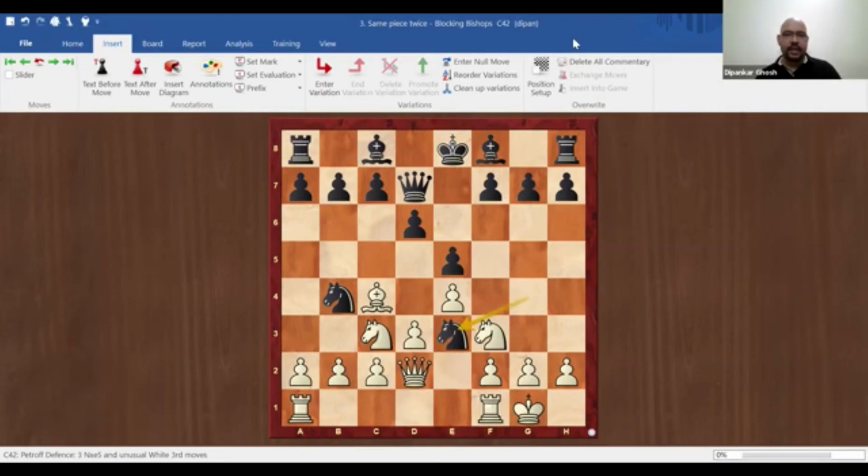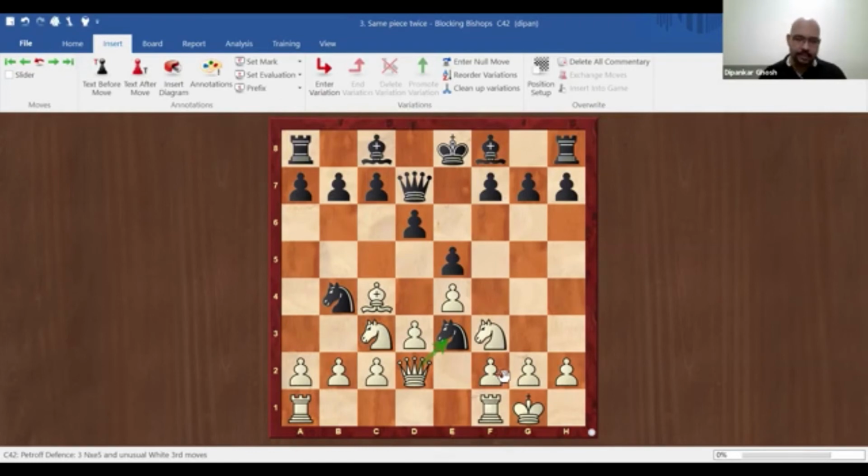Can anybody tell me why? Can anybody type a move and tell me what black could do if white captures the knight with his queen? There is a move that black could do which will hurt white quite a bit. So queen takes knight will lead to knight takes c2, and suddenly both the queen and the rook are attacked, and one of them will be lost. Okay, so that's why now white is alert. We are alert, and we should be alert. We should be keeping an awareness about what our opponents are trying to do.